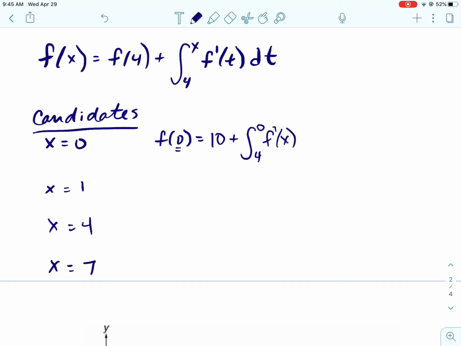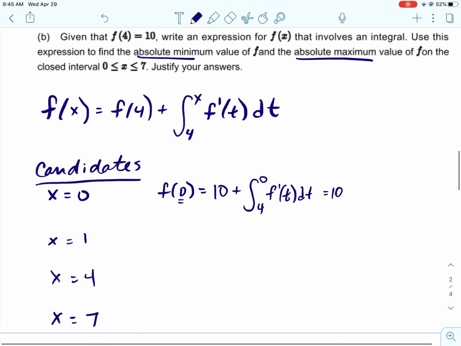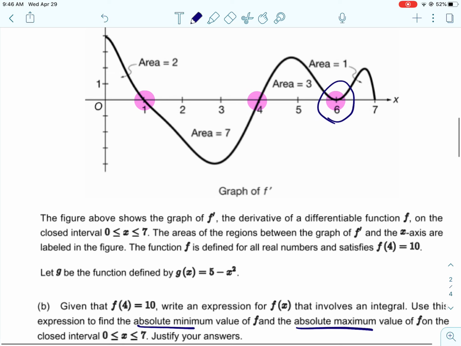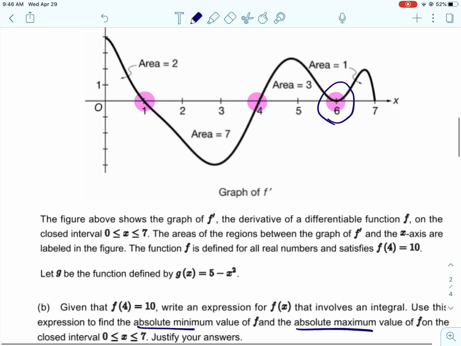All right, now we know f of 4 is 10. So in the place of f of 4, we're going to put 10. And then we're going to add the integral from 4. And then whatever this number is, that's our upper limit of f prime of t dt. Okay, so we're going to have the 10, and then